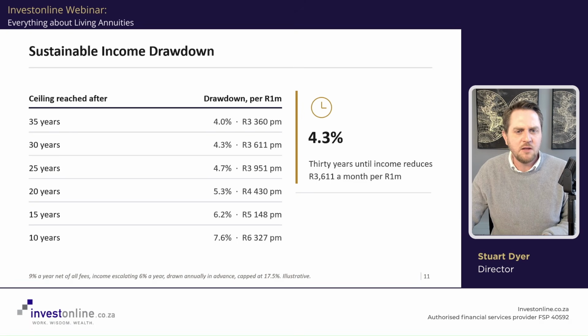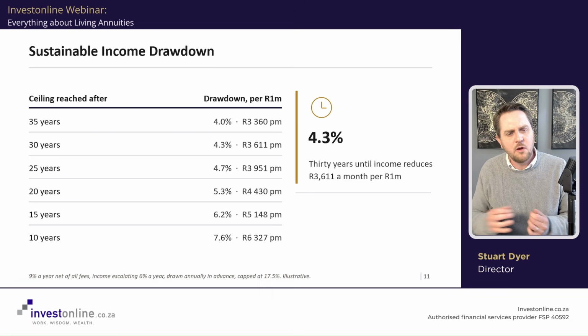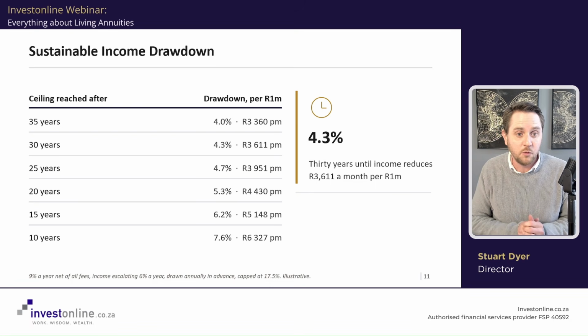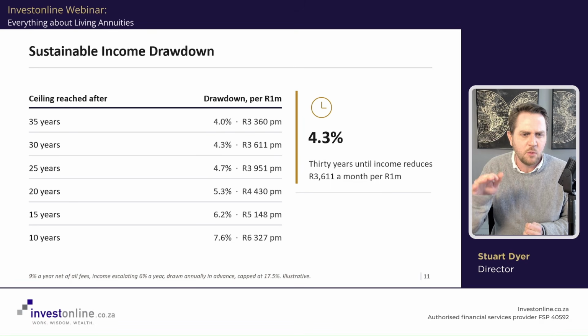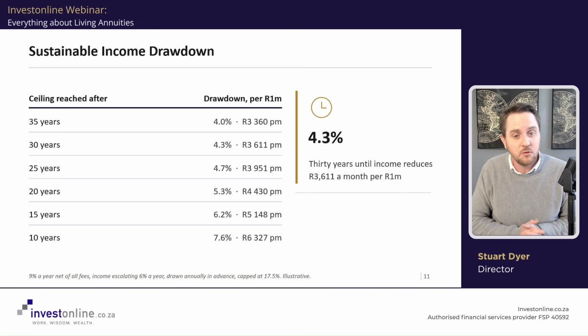reduce. So at age 35, if you're drawing 4% of your capital per year, you're getting about 3,360 Rand per month. In that scenario, it would take 35 years for your capital to hit the 17.5%. And you could just work your way down the table. 30 years, it's 4.3%, 25 years, 20 years, etc. If you're getting to 7.6% as your drawdown, then it's going to take you about 10 years for your capital to reach that 17.5%